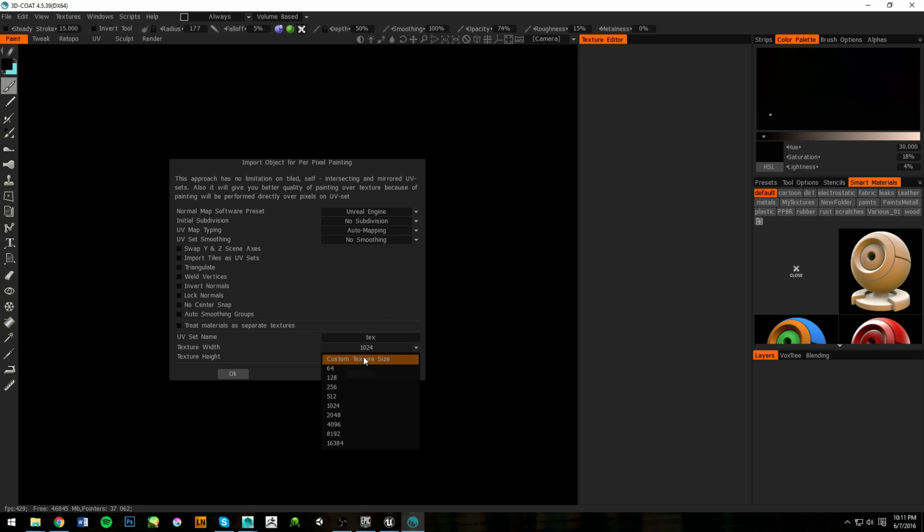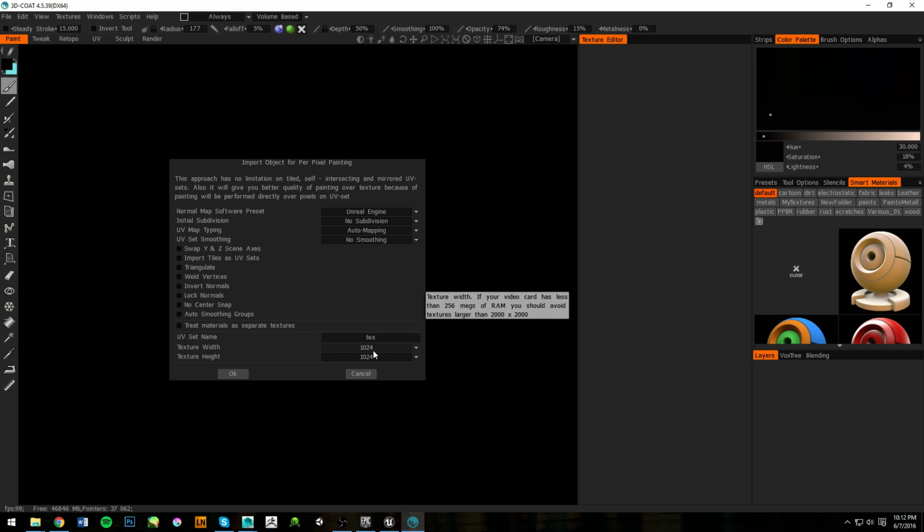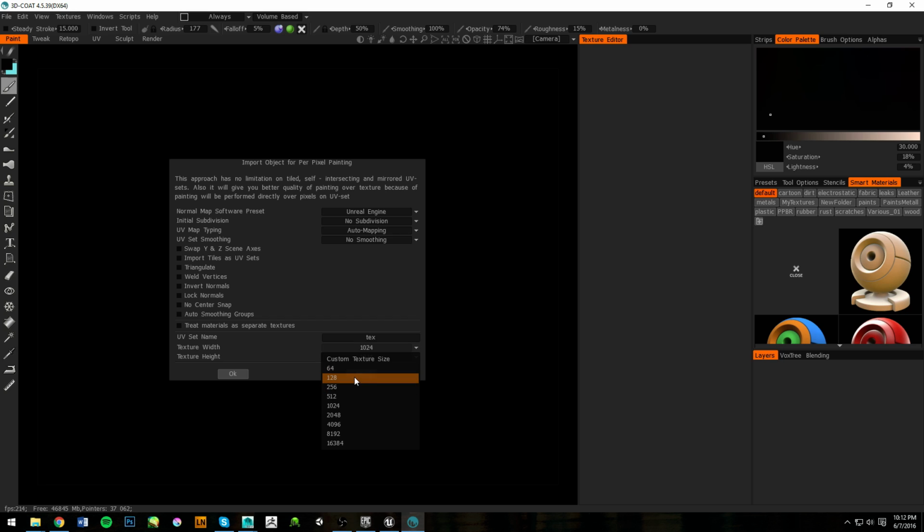And then texture width, since this is a really small object, you can go for 512, actually probably 256. But honestly, that's probably not good. So I'm just going to go for 1000. That's not optimal at all. You don't want to do 1000 for anything. Large assets maybe, but anything like medium, small assets, you want to have 128, 256. Let me close Facebook. So if we press OK,